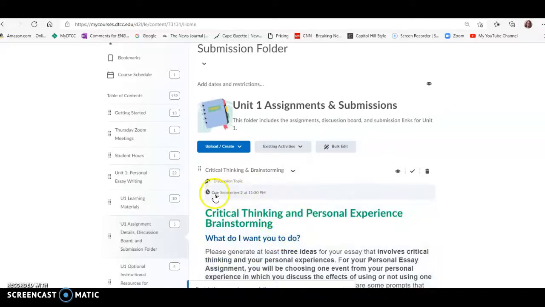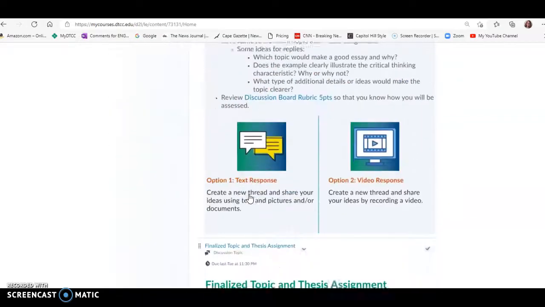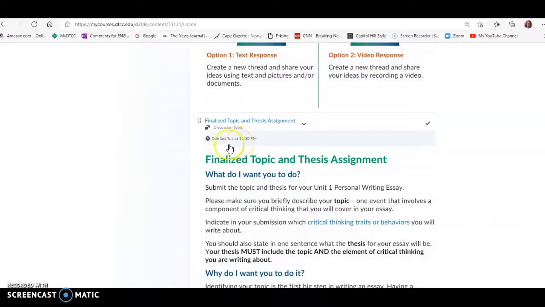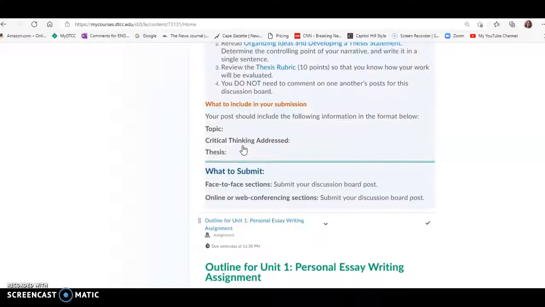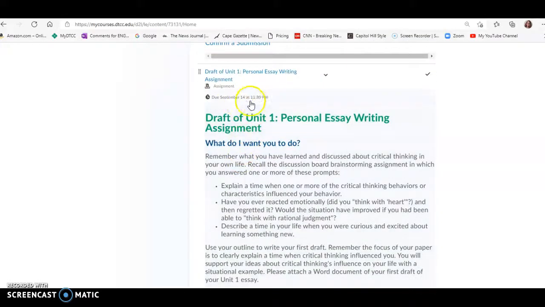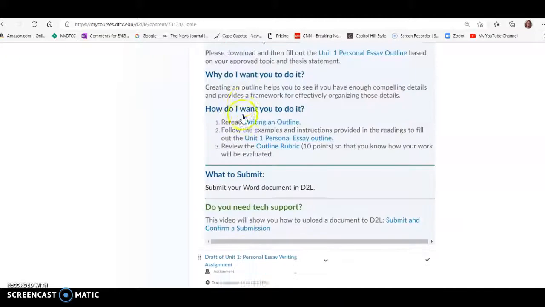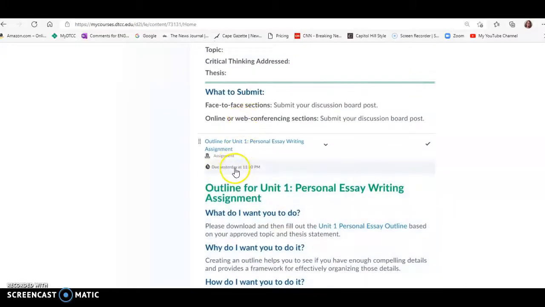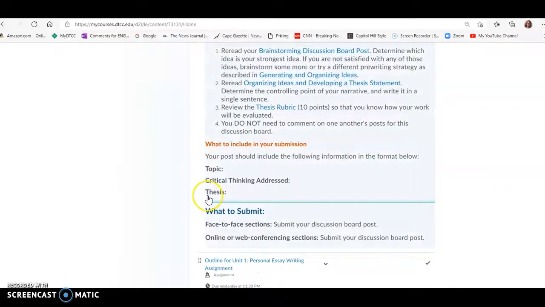And now you will see that clock appears. And if I scroll down to my next couple assignments, you can see that I have due dates on all of my assignments, and once that date passes, it'll change. So this will be due on the 14th, and you can see my outline was due yesterday. So then,